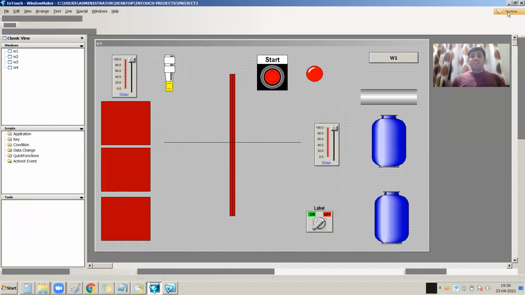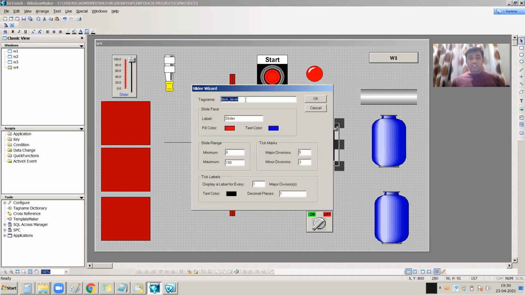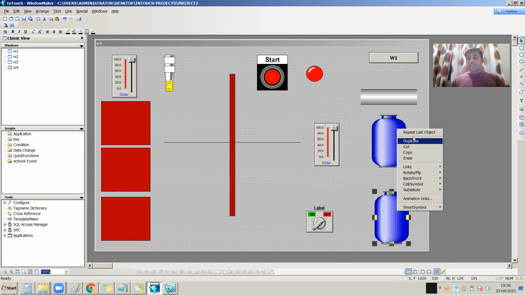Now what about the analog condition? For analog I am taking this slider for my example. And what is the tag for this slider? Tank level. Now I am duplicating it.